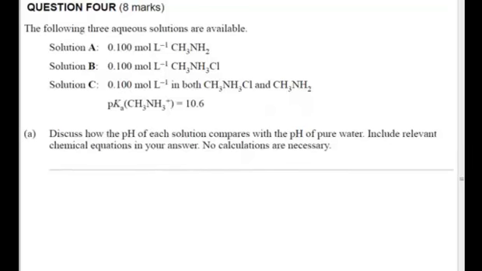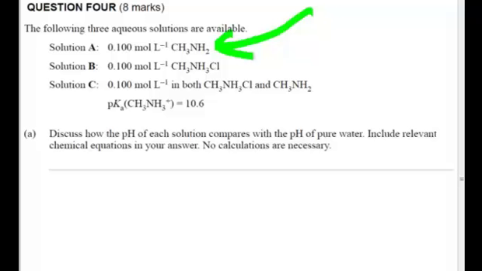Now, in this question, we're being asked just to make a simple comparison without any real calculations. So obviously, as soon as you make certain recognitions, for instance, what you should recognize is that this is a base, an amine group attached to that, and then we look at CH3NH3Cl. You should recognize that's really similar to something like ammonium chloride, where you've got a cation and anion, and obviously the CH3NH3 plus and the Cl minus, which make up this ionic